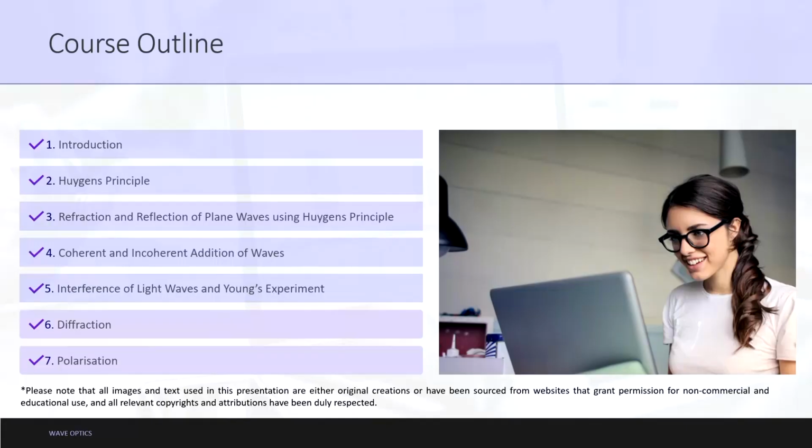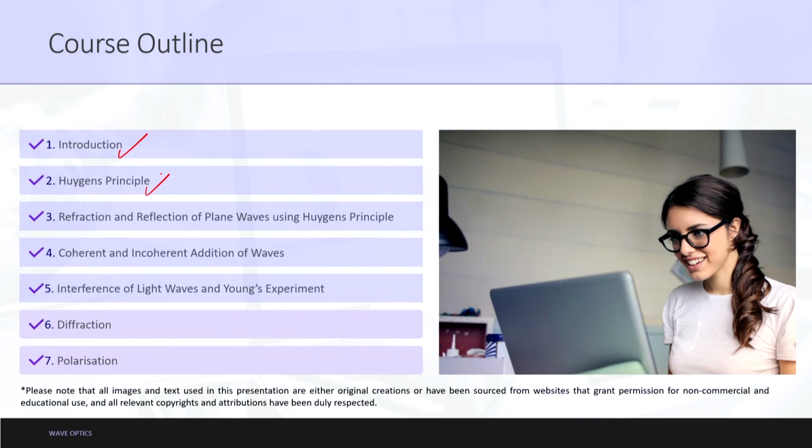So, the course outline, just to start the lecture. First of all, we will be covering the introduction part, as in why there was a need to understand the wave concept of light, why the ray concept alone was not enough, and why a new concept of treating light as a wave is required. Then, can the laws which were studied before this be applied if we consider wave optics also? We will go on with this discussion.